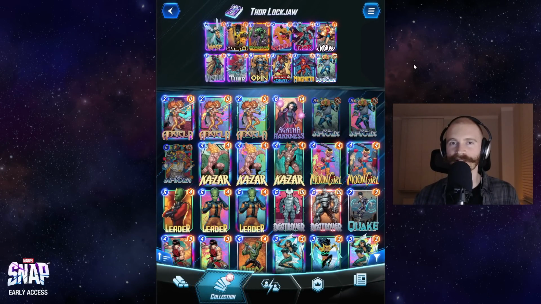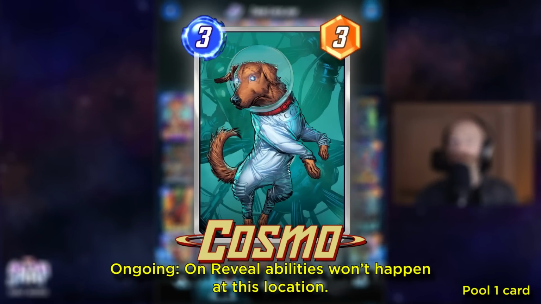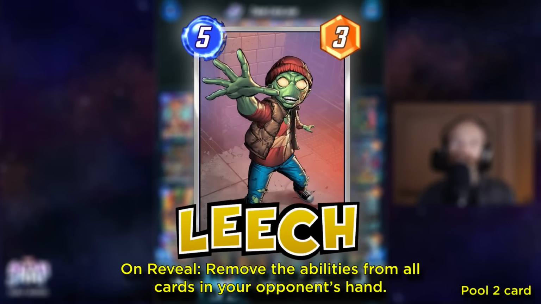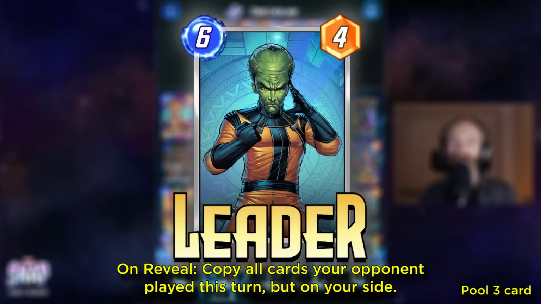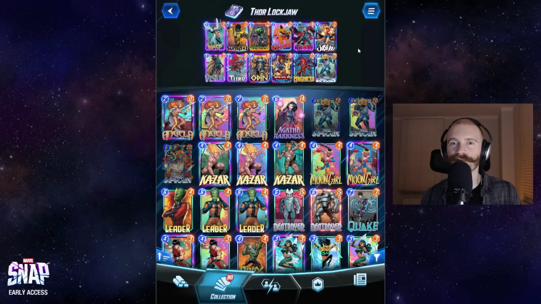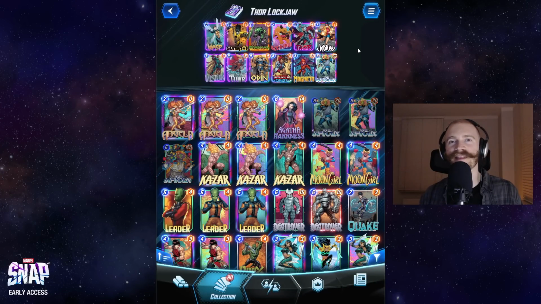there are a lot of threats to it in the current meta. Cosmo can be very annoying, especially if they play it into the LOCKJAW lane, and cards like Shang-Chi, Leech, and Leader all run around in the current meta. Arrow as well, and all of those can be quite disruptive to our game plan, although we have some ways of playing around them. And if you want to see some funky gameplay with this deck, here are a couple of examples from my Twitch stream over at